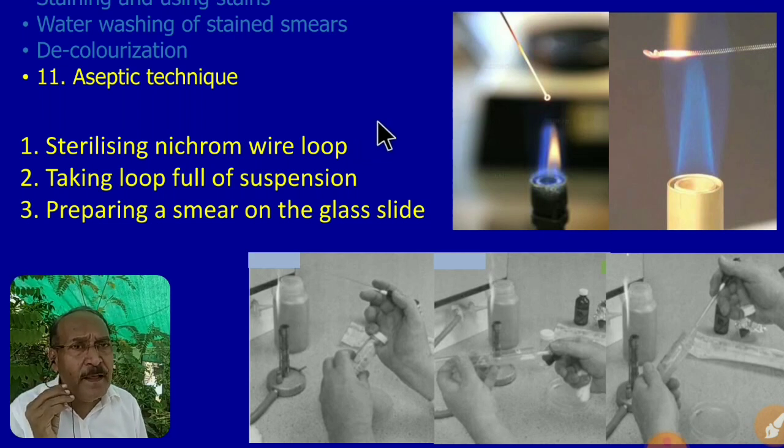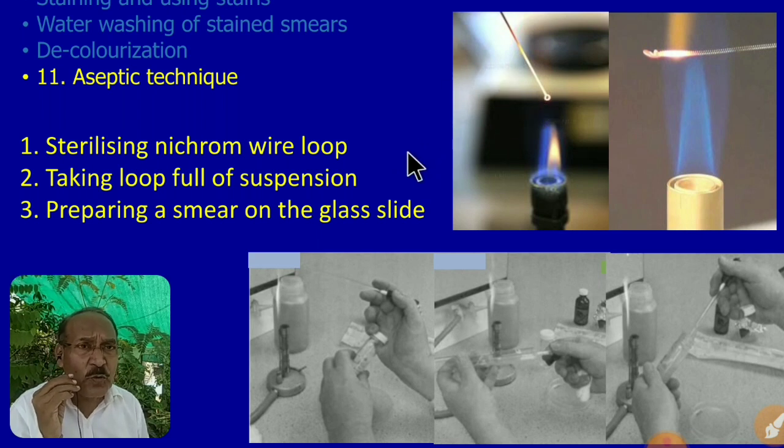So a nichrome alloy is selected which gets hot quicker and gets cooled also quicker. But how exactly is the nichrome wire loop sterilized? Because if you don't sterilize, it is possible that lots of unwanted microorganisms are present on the wire loop, and those will interfere in our procedures. So you have to hold this nichrome wire loop inclined in a blue flame so that the complete length of the wire gets red hot.